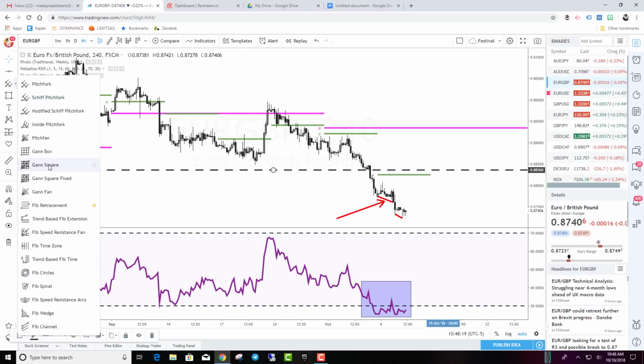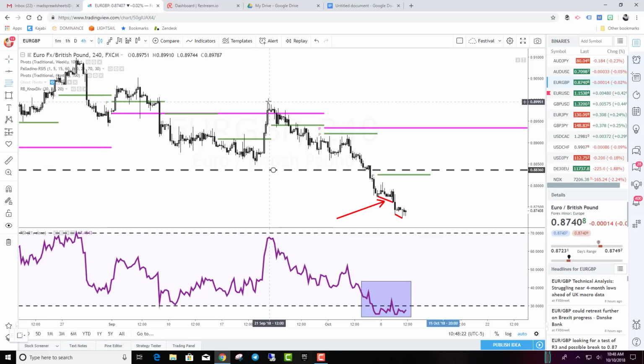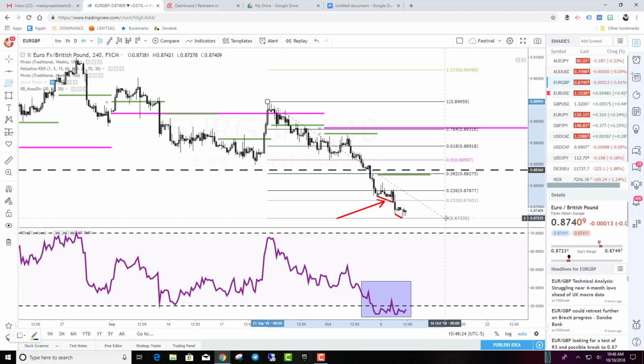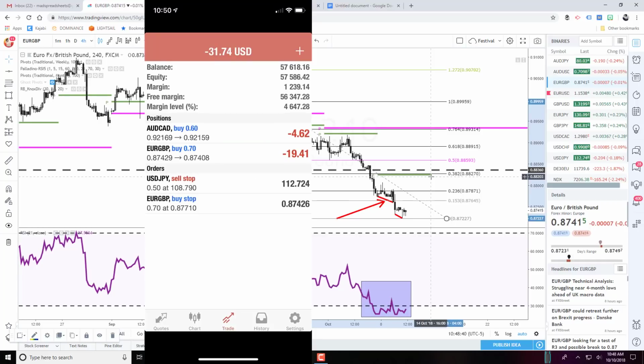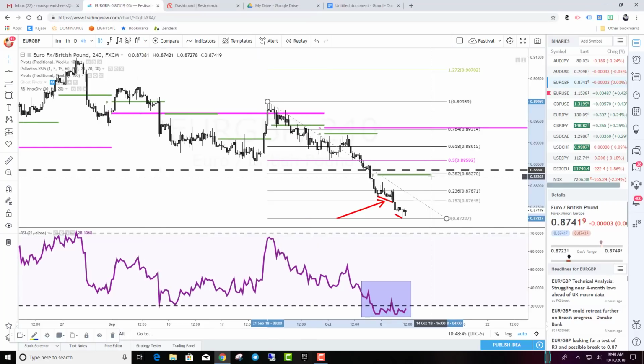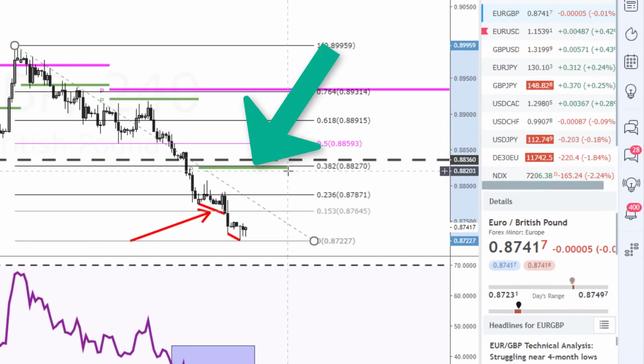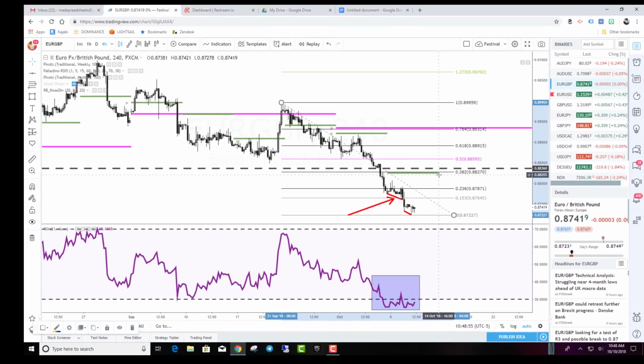Last of all, I like to, in these instances, put a fib retracement on the chart. And look at that, the 38% retracement matches up somewhat perfectly with the weekly pivot. What I'm going to do now is go long the Euro British Pound, and I will take a screenshot of this, and I'm going to put a profit target just below the 38% retracement at 88.20. So I'm going to buy it at market, profit target 88.20,